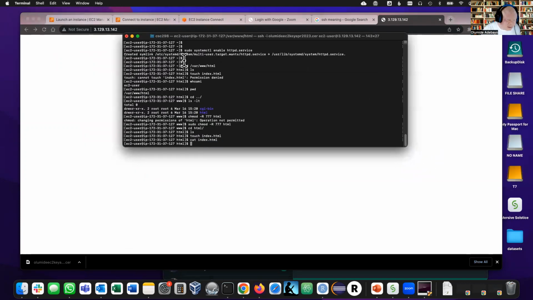Now let's go back. I want to put something inside the index.html. I'm going to use VI. If you are not comfortable with this step, you don't necessarily need to worry about it. If you are not comfortable with VI, maybe you know Pico, maybe you know another tool, Emacs, whatever it is. But if you don't know any, then don't even worry. You don't need to create this because we'll just copy our existing code over here. So vi index.html, and I'm going to quickly create my